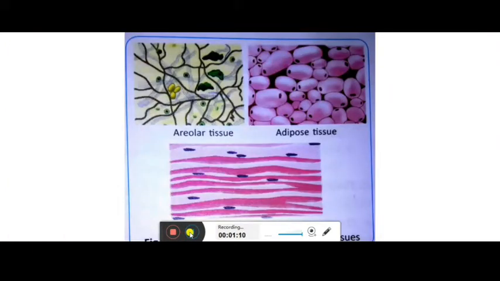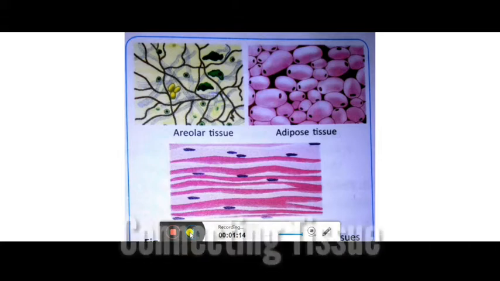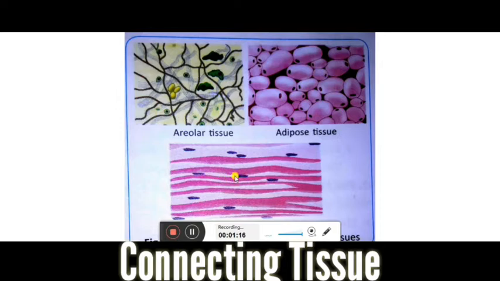Now children, as you see here, starting from the connecting tissue, there are three kinds of tissues: areolar tissue, adipose tissue and fibrous connective tissue. So this areolar will do the packing things. It is known as a packing tissue. Why is it so? Because it forms thin sheets and binds skin with the underlying tissues, and the organs within that, they will pack it.